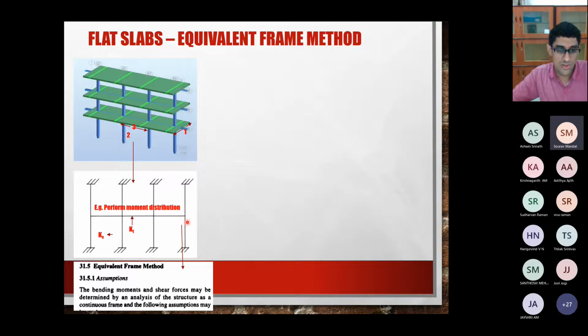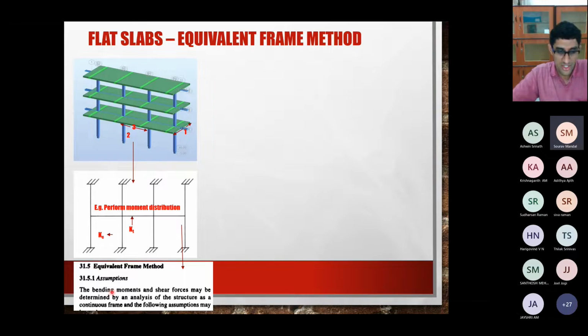Yes, sir. It takes a bit of time, but you can do it, as long as you know what the EI for this is. Probably for the column it is easy to find the EI, because the column is a single rectangular element. You may be able to find EI for all the columns. The difficult part is finding the EI for this, because you have a beam going through this line, and then you have a column strip plus middle strip part of the slab. So finding the stiffness of that part is the difficult thing, but if you're able to find it, then you can do a moment distribution and find all that you want to find.